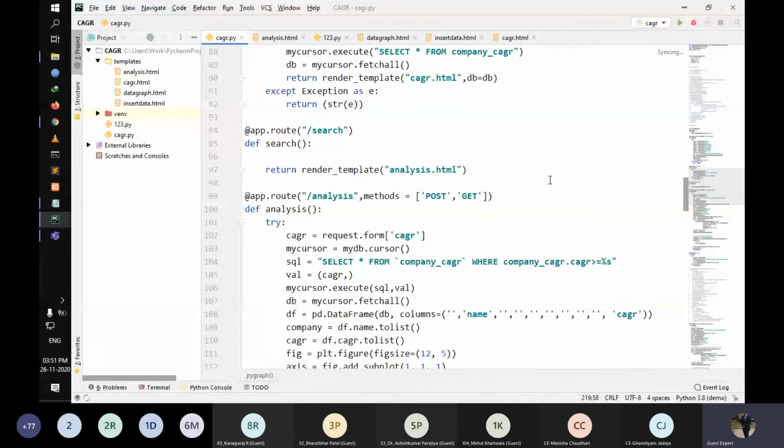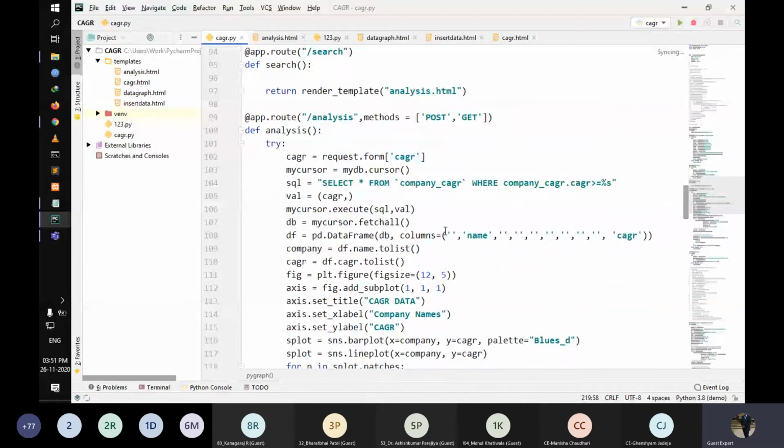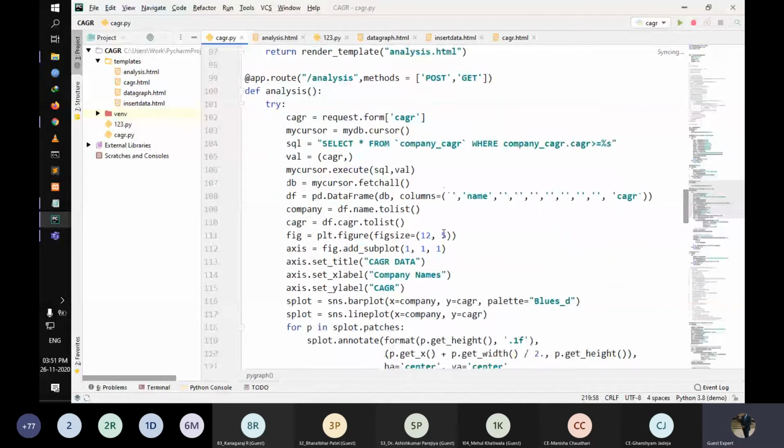Right now, see, this is in the CAGR, and select star from the company_CAGR table, where company_CAGR.CAGR is greater than or equal to %s, and we are getting this value in the CAGR in the value formation, and we use the MySQL cursor.execute query with the SQL and that value as well, and we fetch all the data, and we are plotting it into a data frame using pandas, with the tolist command.